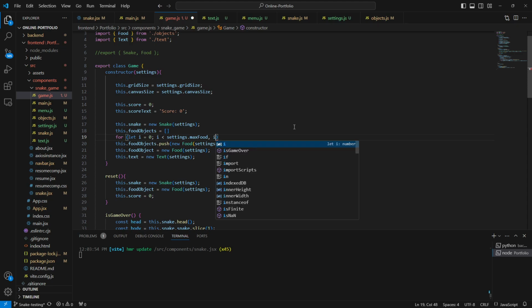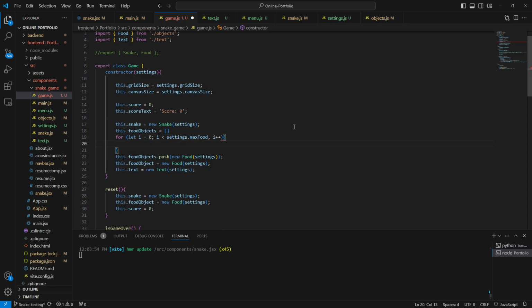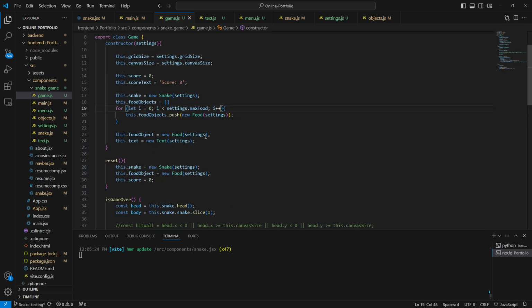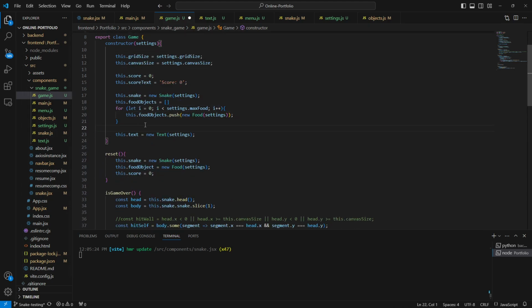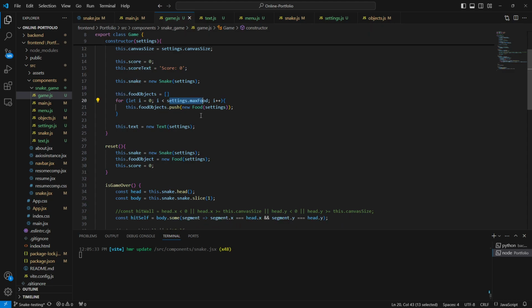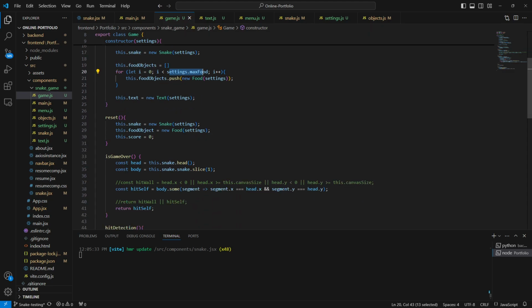And then i plus plus. This should not be a comma, this should be a semicolon. So now we'll have an array of food objects corresponding to the setting. So now we need to